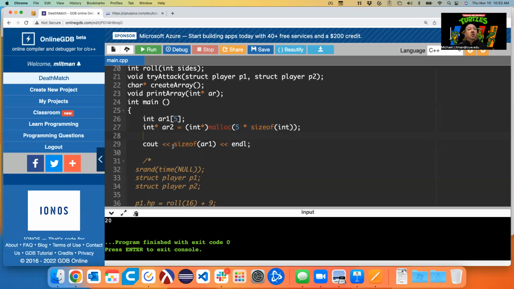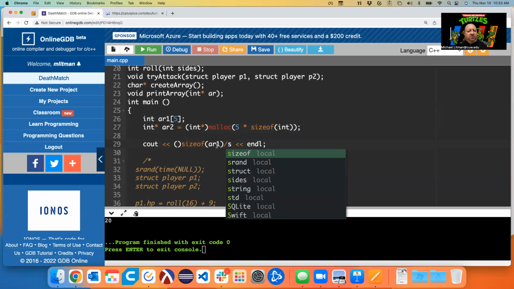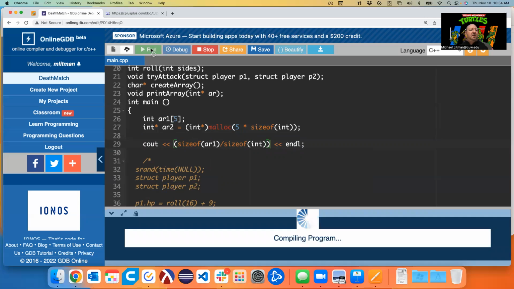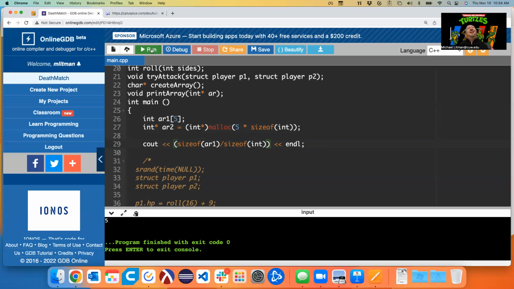It's like, oh, well, maybe I'm on to something here. Can't I say sizeof ar1, oops, sorry, divided by sizeof int and get my 5 that way? Ah, perfect. We figured it out. Almost, right? We thought that was a decent idea until we go and say, well, what is,